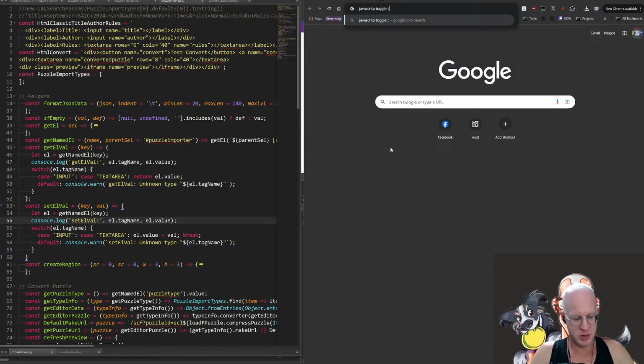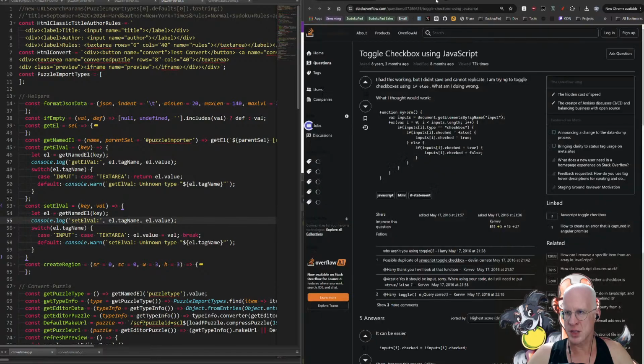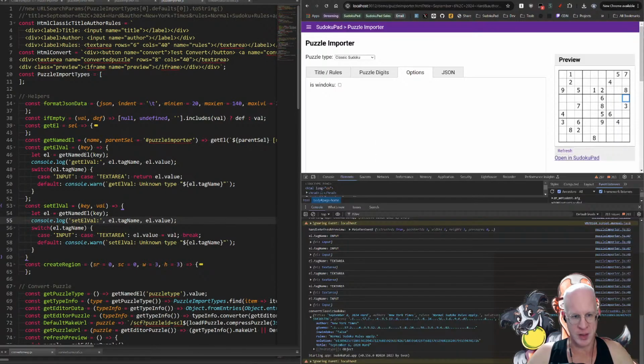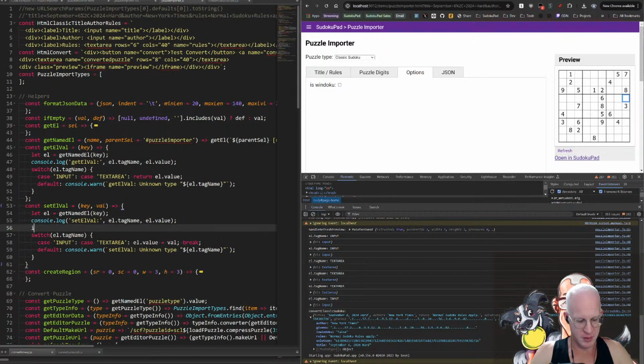JavaScript toggle checkbox state. So to toggle the checkbox, I guess we have to set checked to true or false. I'm starting to think the switch statement here isn't gonna do the trick. So if we're gonna do something like this, if equals input,